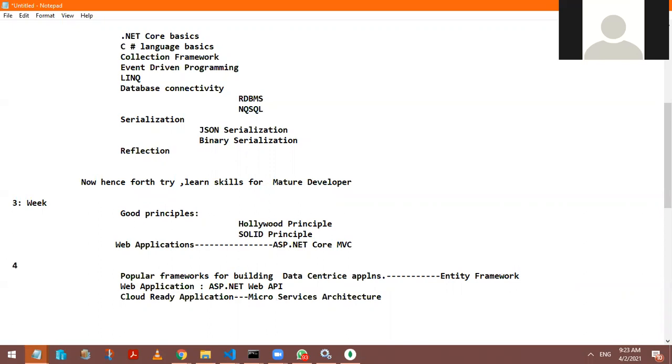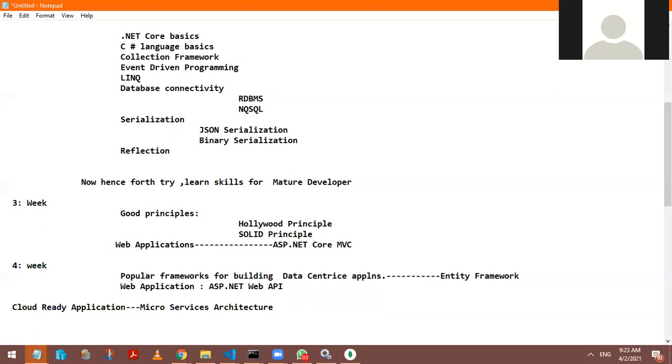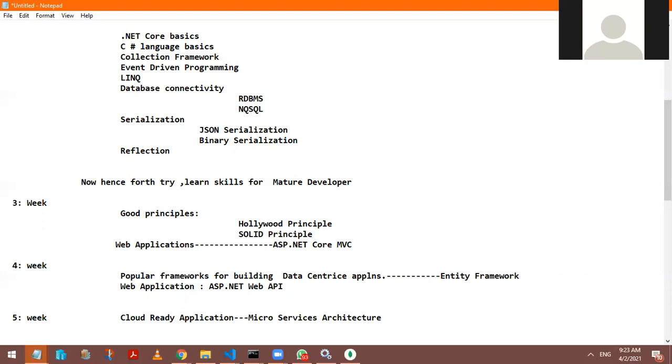Fourth week, we'll be focusing on this area: Entity Framework, Web API. Fifth week, we'll be focusing on microservice architecture. Okay. Oh, slightly I'm going to change it here. Once we understand the Web API, in my 5th week I'd like to focus on,